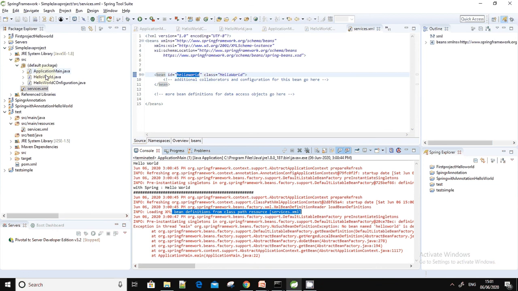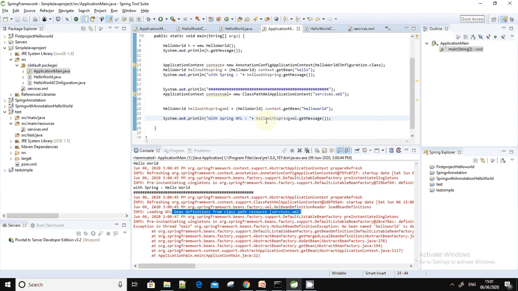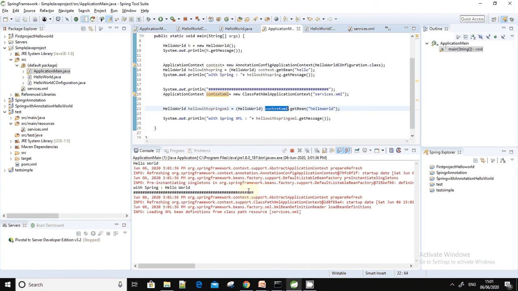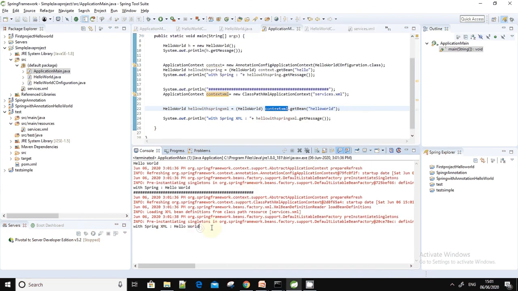Let me go here, hello world context. Sorry, I just missed it, it should be context.xml. So this is the context name, this is another container. I was using the annotation container, so I'm running it, and then you can see that hello world got printed.